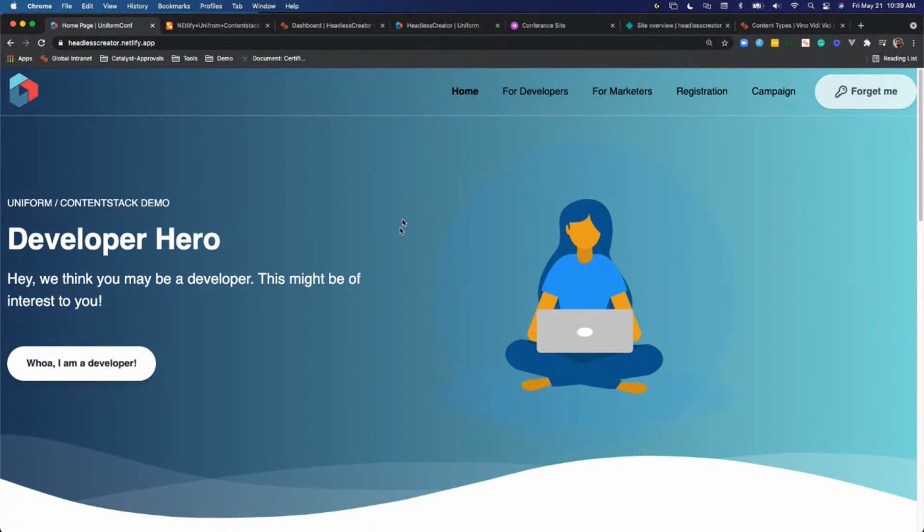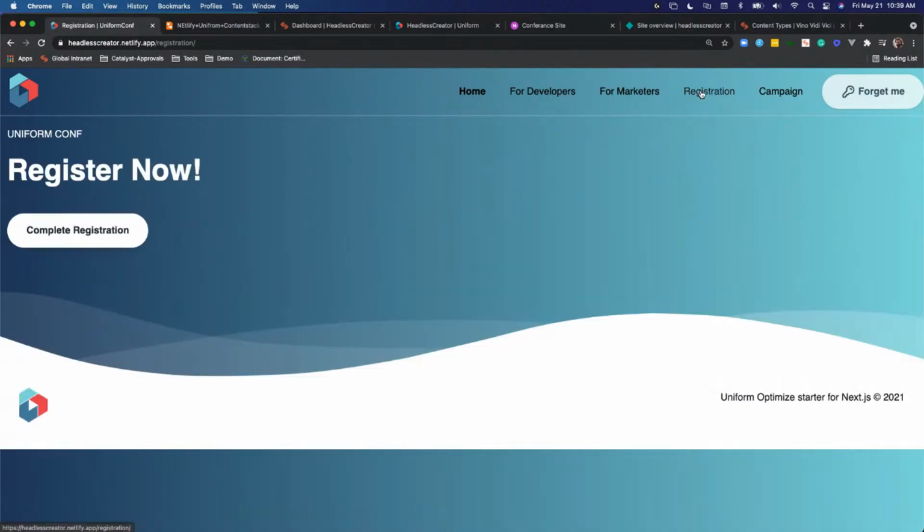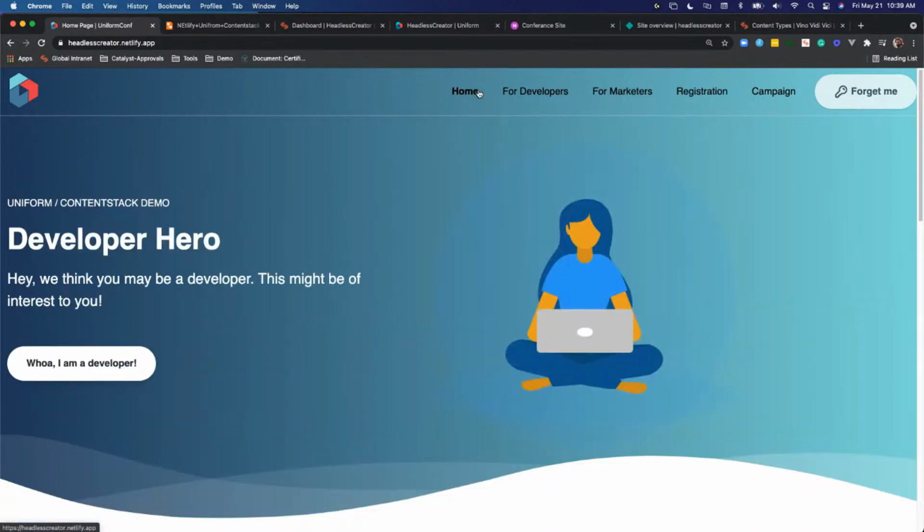So if we think about this fake conference that we have, our end goal might be to get people visiting this site to come over to the registration page. So what we want to do is drive them towards that end goal that they probably have by coming here, and we want to do it in a way that targets them with appropriate content that helps them along whatever their journey is with us as a brand,